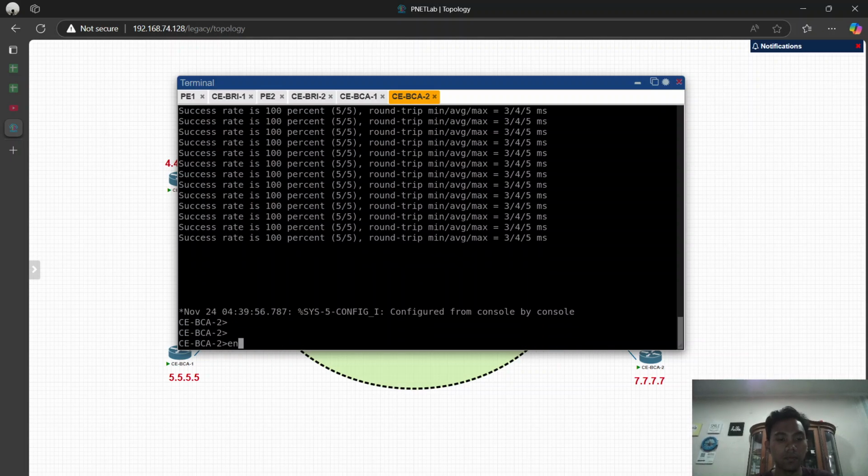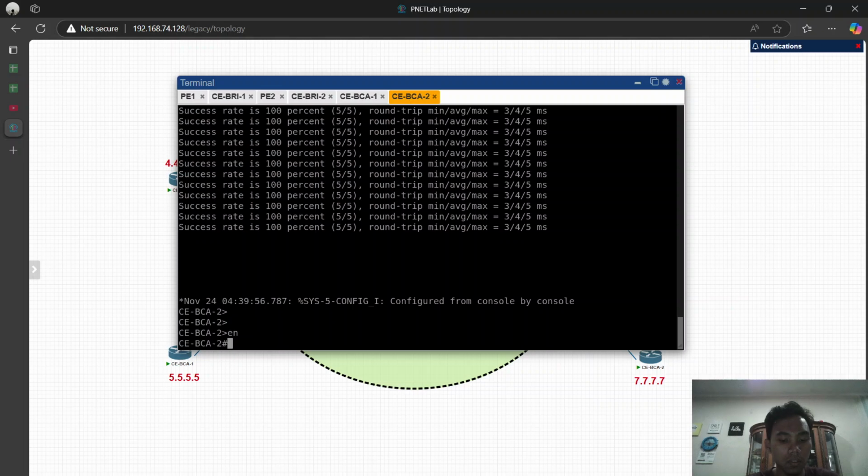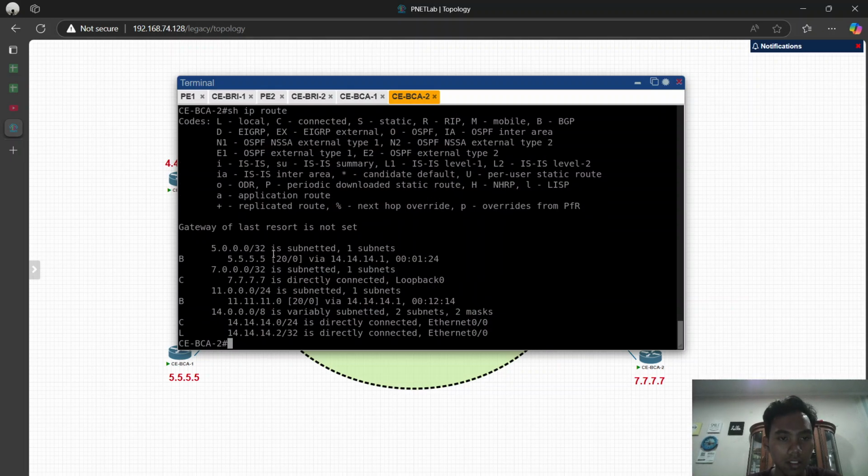So now if we look at the IP route, okay, there is the IP 5.5.5.5, which is the IP loopback for the BCA1.